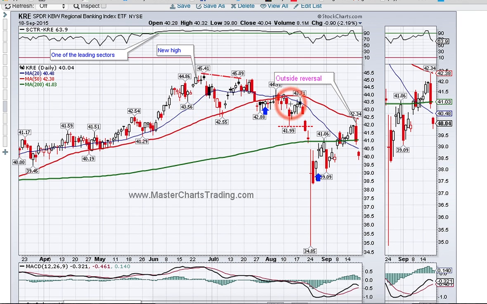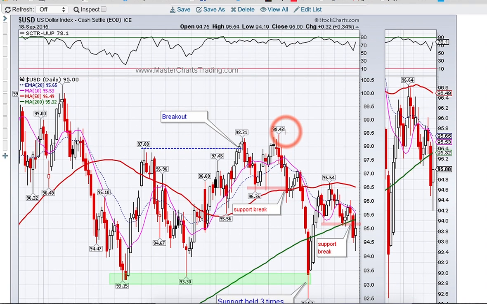Now, this particular fund, I can still make a case for it to be in a bull market because the 50-day moving average is above the 200-day moving average, etc. So there was actually a buy point here, a buy trigger, if you're playing it for a short term. However, if bonds continue to gain and interest rates continue to drop, most likely financials will get sold and continue lower. So let's look next at the US dollar before we look at gold.